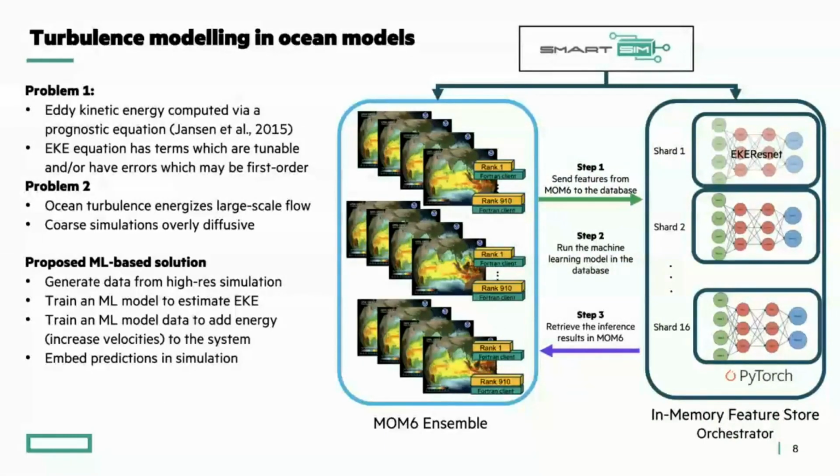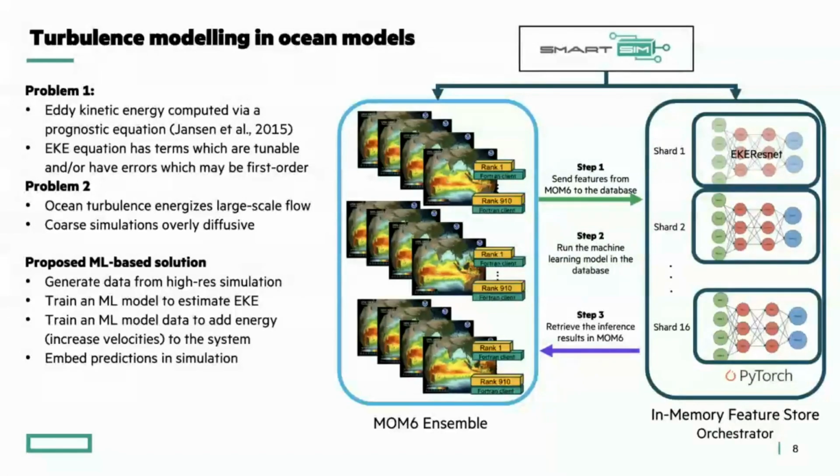We trained an ML model to figure out how to add the energy back into the system to the mean scale resolved flows, and then we wanted to embed the prediction in the simulation. So the way that we do this is that we have an ensemble of MOM6 simulations on the left-hand side. Each of these have the Fortran version of our SmartRedis client embedded in them. Each of them are calculating features that are used to do the ML prediction,